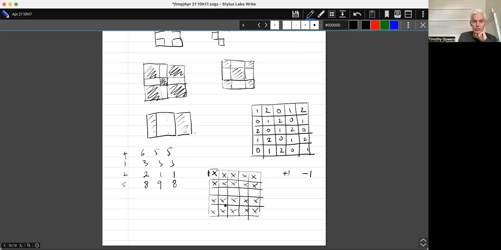By rotating this so that we have crosses down here and down here, I get the same argument, so I can't do that either. And the final part of the argument.